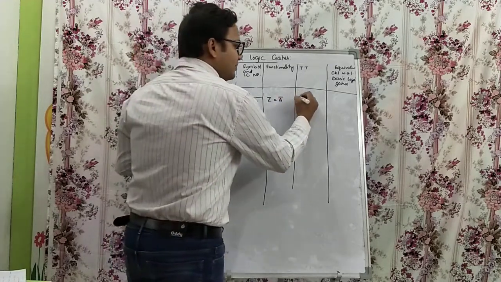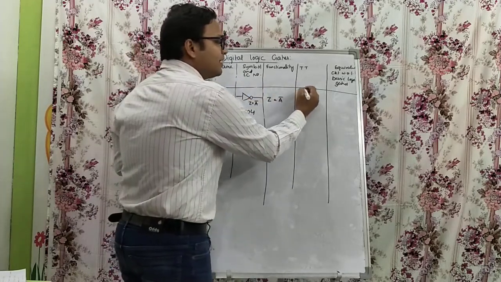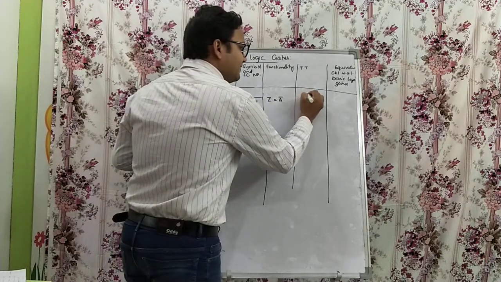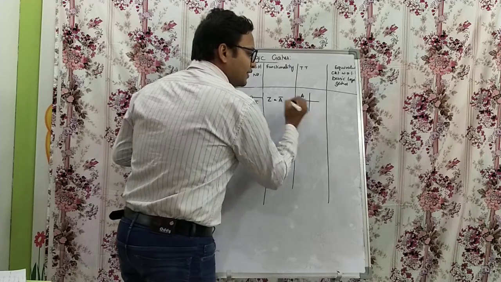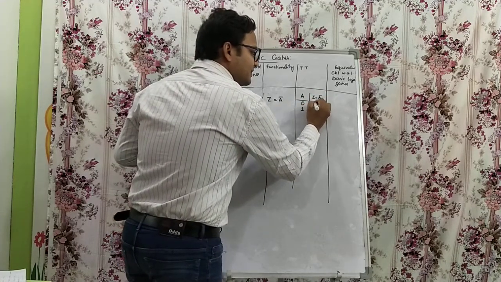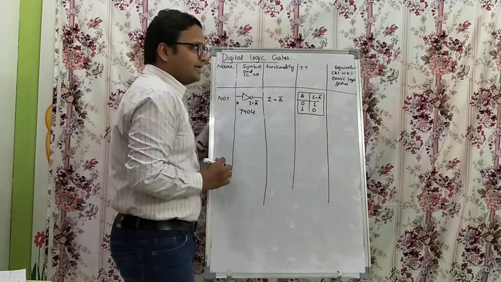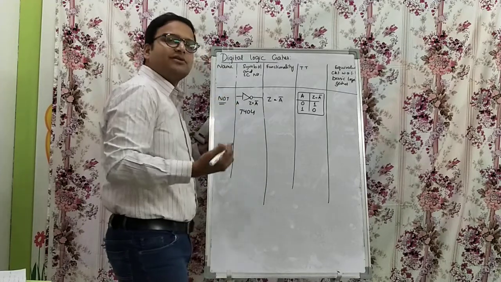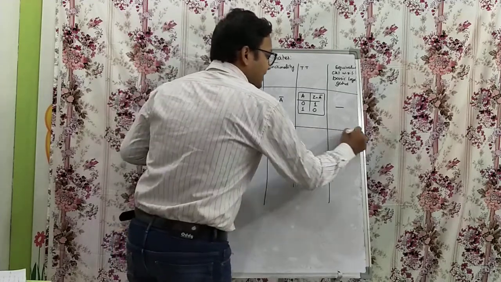What is the truth table? As we know, it has a single input, so we have 2 to the 1, which is 2 combinations, 0 and 1, and Z is equal to A bar, which is inverted. For 0 it's 1, for 1 it's 0. This is the truth table. And the equivalent circuit with respect to basic logic gates: obviously it's a basic logic gate, so there is no equivalent circuit for it. So this is my NOT gate.